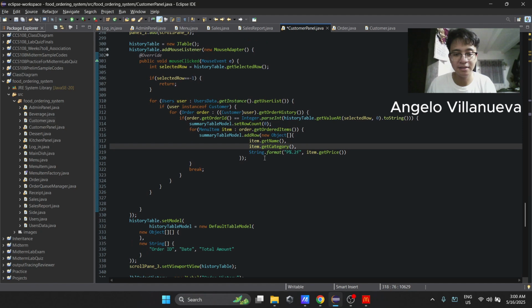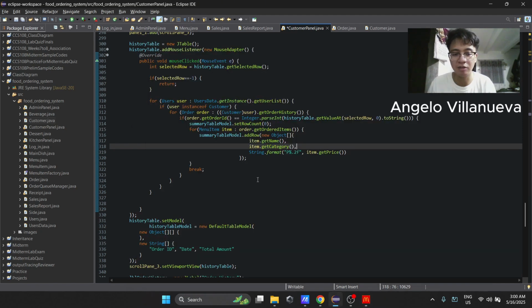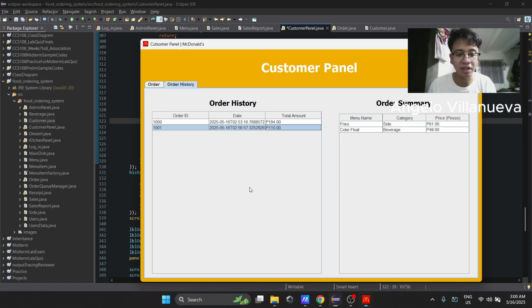So after nun, magdi-display na dito sa ating order summary table yung ating list of menu items. So pag na-detect na yun na mayroon ng match, magbe-break na yung loop, and then mag-move on na.